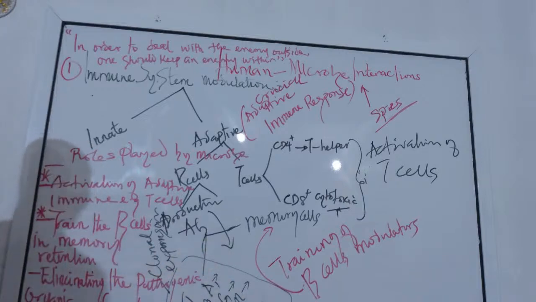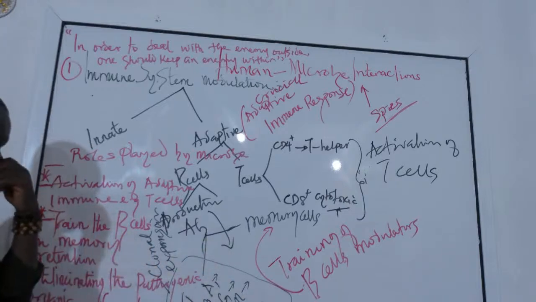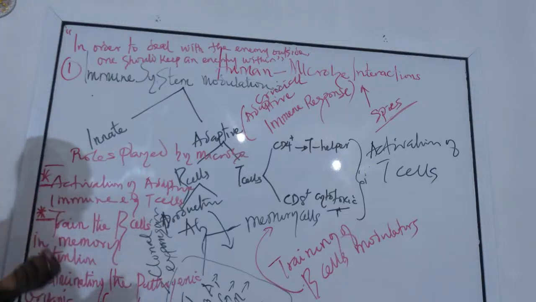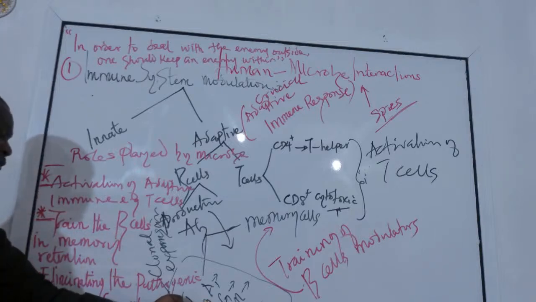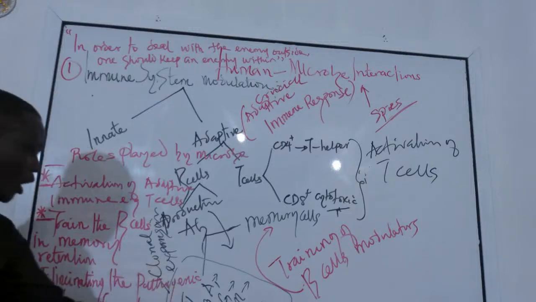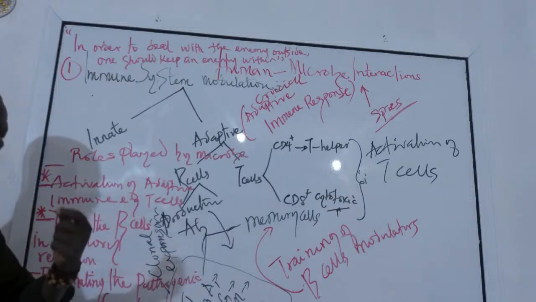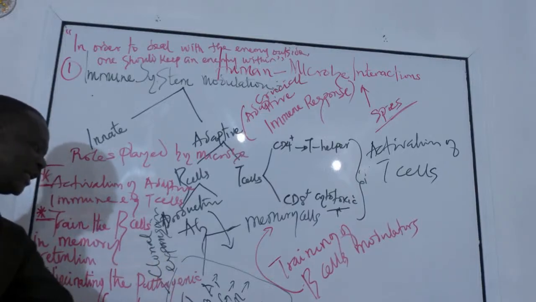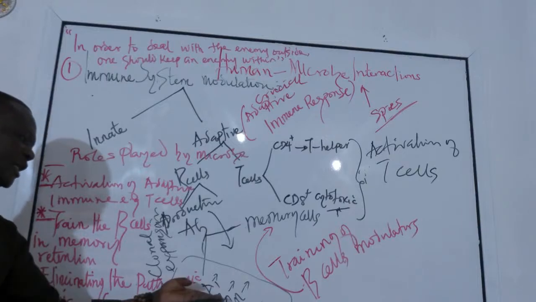Don't forget that I said B cells will lead to clonal expansion, that is the production of 5 classes of immunoglobulin, and each of them is going to respond to the type of microorganism or pathogen that is present. For example, immunoglobulin A will respond to parasitic infection more than any other one. So the type of infection, the type of pathogen or antigen, will depend on the type of immunoglobulin or antibody that will be produced.